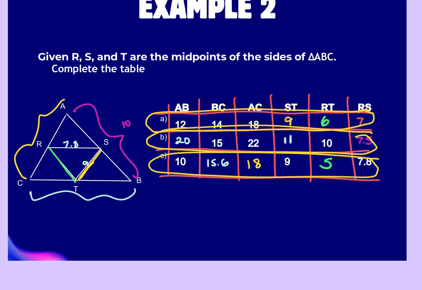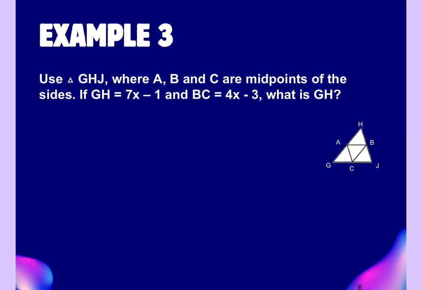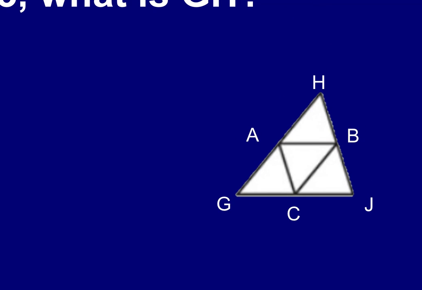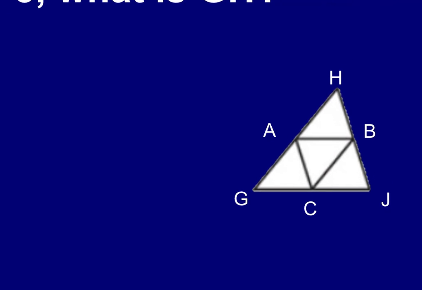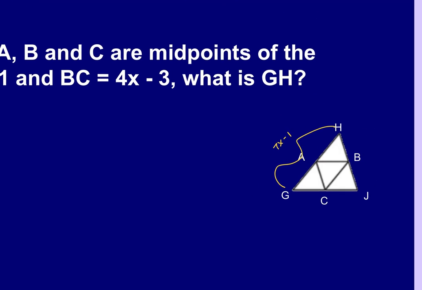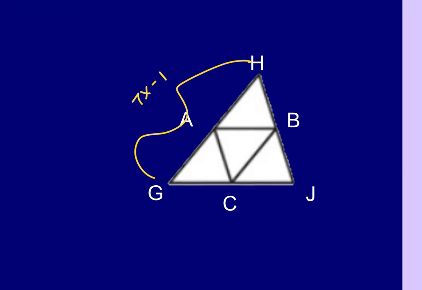All right, then we bring the algebra in. So using triangle GHJ, where A, B, and C are the midpoints. That's how it's giving the information this time. It doesn't say, remember, it could say they're mid-segments. It could say they intersect the midpoints, or you could see from your drawing that the segments are marked as congruent. So if GH is 7x minus 1, and BC is 4x minus 3,